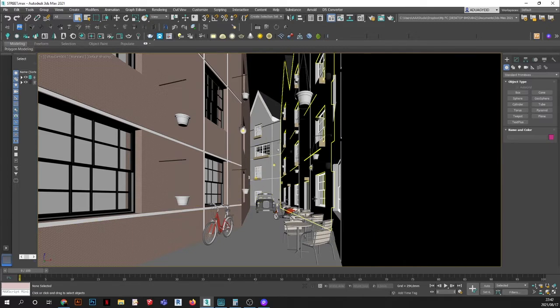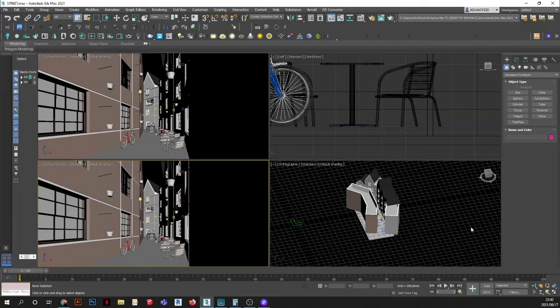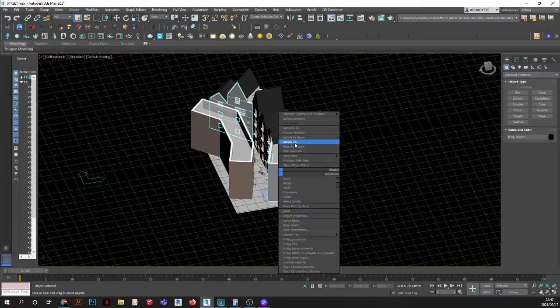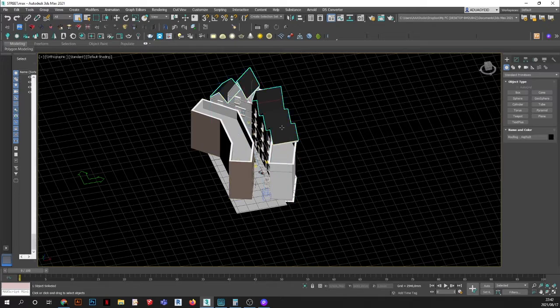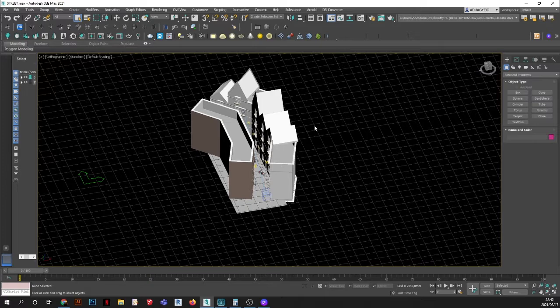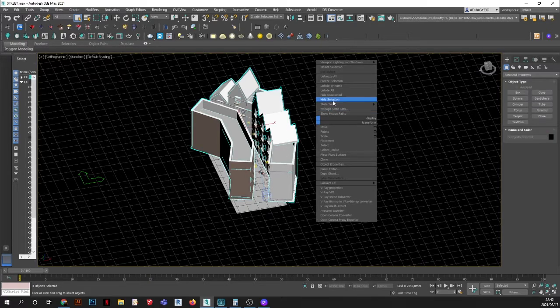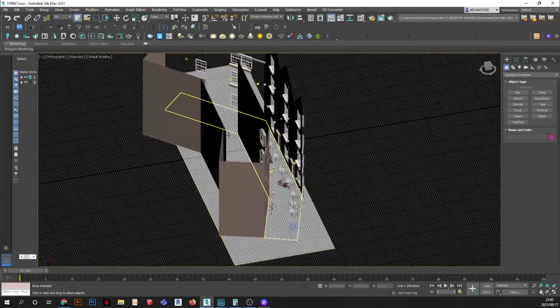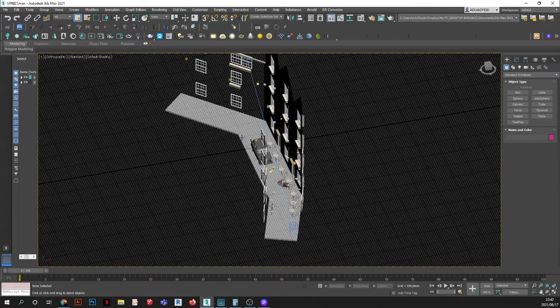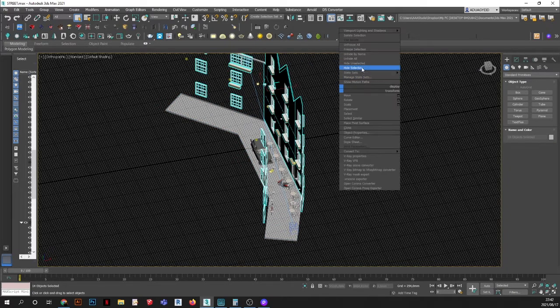Okay, so what you do, I've already saved them, but what you do is that you can hide the objects that you don't need by right clicking and saying hide selection. So if I select, I can hide selection. Hide selection, hide selection, hide selection, and then basically